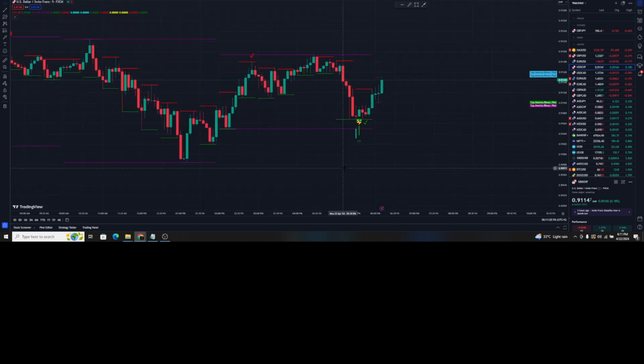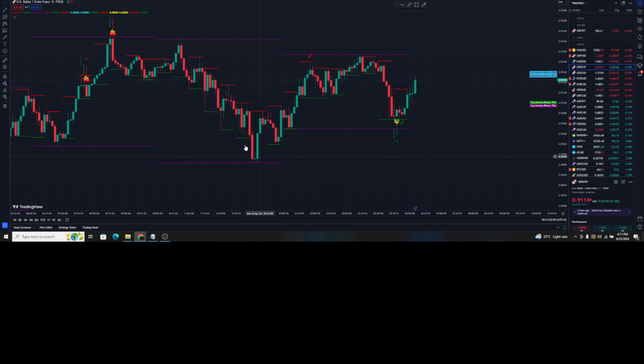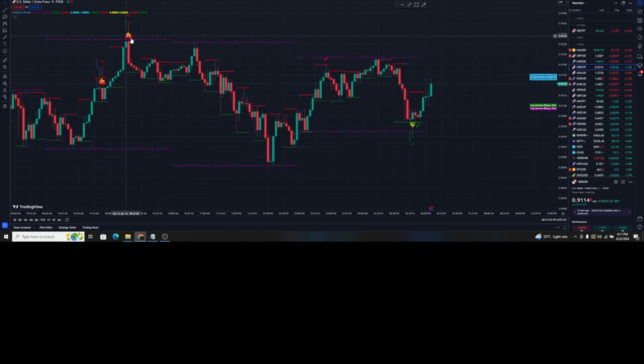Okay, now the interesting part is how you can trade this indicator. The first function of this indicator is that when it provides you a sell signal from a purple line, you set your stop loss at the top, at the previous high, and now you can take your entry. It has provided you a scalping chance. You can target 2 to 3 candles.